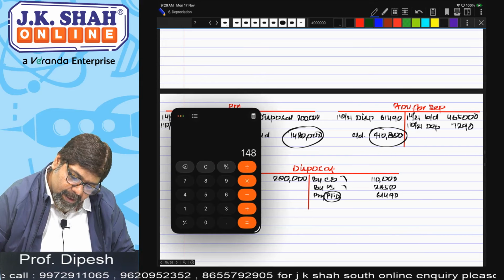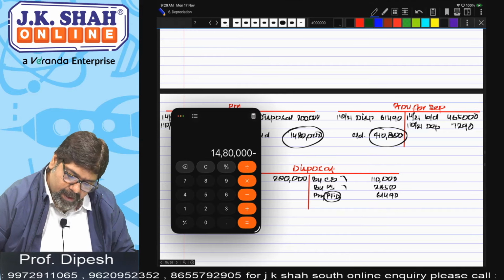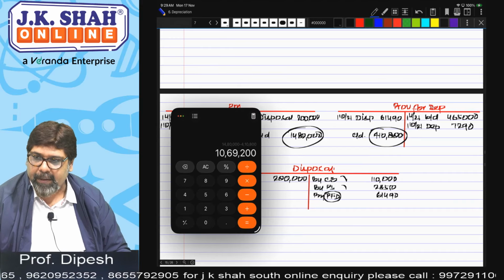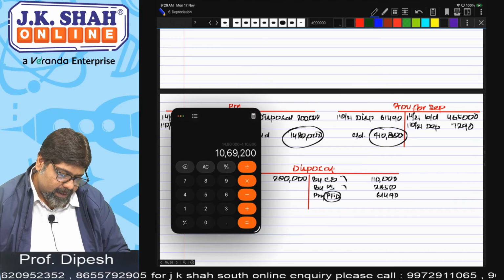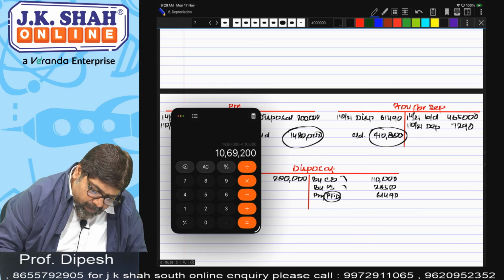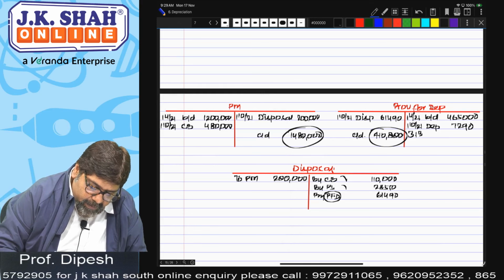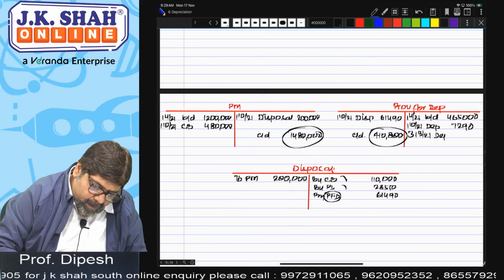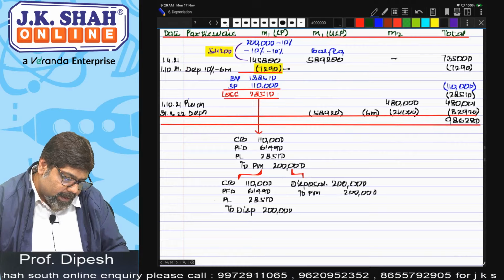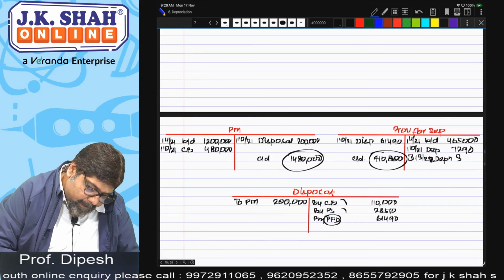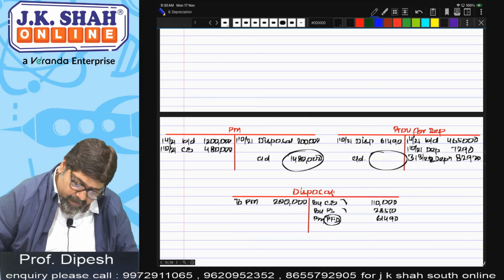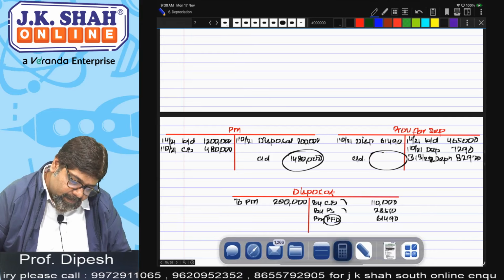14 lakh 80,000 minus 4 lakh 10,800 is equal to 1069,200. No, on 31st March also we are charging depreciation, no? 31st of March 22. How much depreciation we are charging? 82,920. Now tell me this closing balance. This depreciation